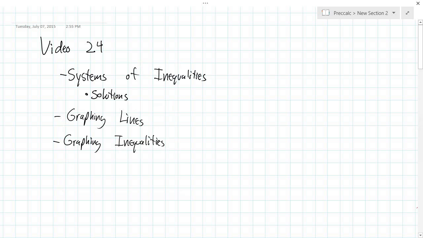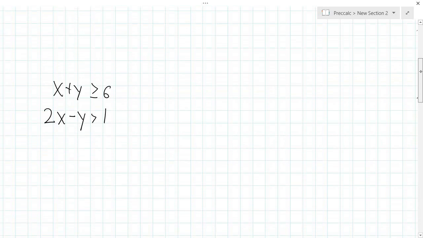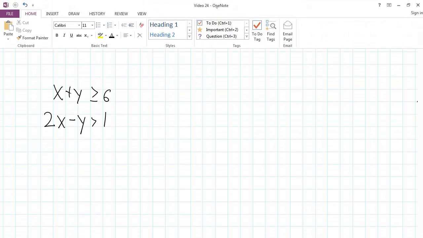We will then review how to graph inequalities, because the main method that we will use to solve systems of inequalities is graphing. And in the course of reviewing how to graph inequalities, we will review how to graph lines. So let's get started. A system of inequalities is two inequalities or more,